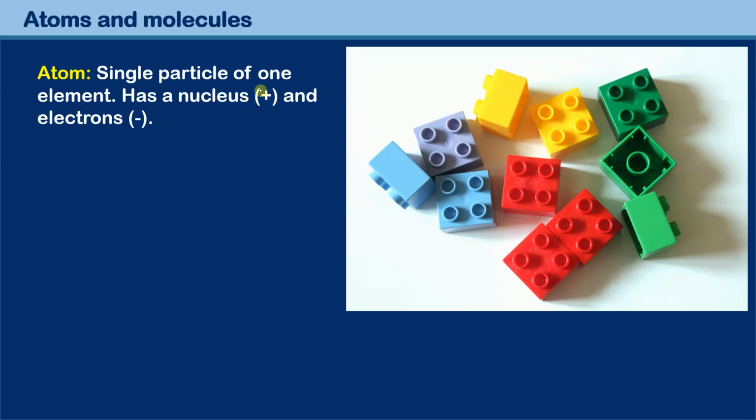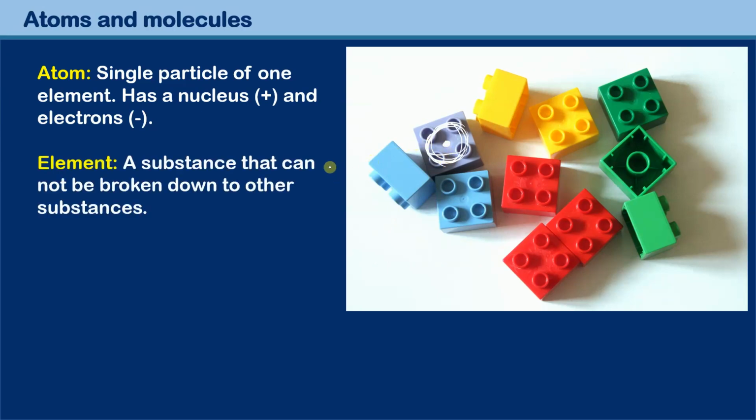It has a nucleus, which is positively charged, and electrons. So what we have over here, if I use this one as an example, is a nucleus here in the middle, which is positively charged, and then you have the electrons flying around it. And you probably already remember this from physics class or also from chemistry. Now, the way that the electrons fly around it is quite complex. It's not just like a planet circling a star, but actually it's a whole electron cloud, and it's a little more complex than that. We should not worry about that. In any case, we cannot go smaller than an atom, as I said,